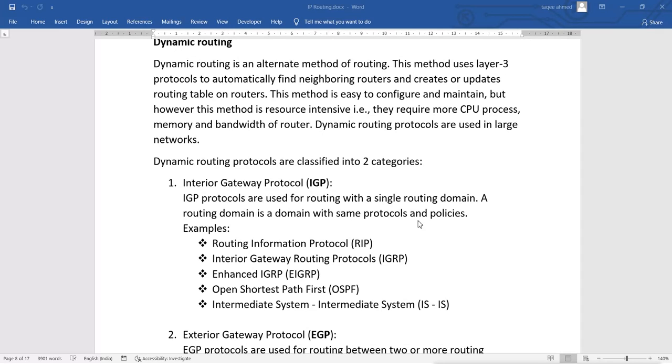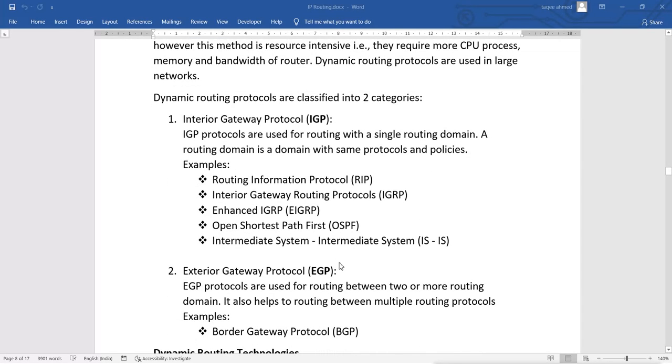Now why is it called a single domain? Because sometimes you need to communicate with other companies. Your company is there, your network is there, your domain is there, it is your own network, your own domain, and sometimes you want to communicate with the other domain. At that time the interior gateway and exterior gateway will matter. Otherwise you will not see the effect of this interior gateway, and the second type is exterior gateway.